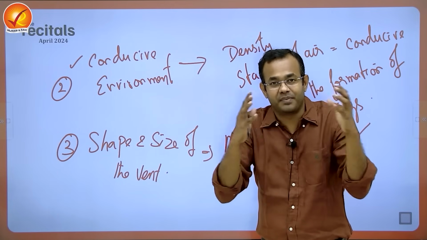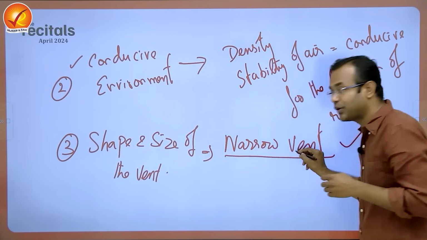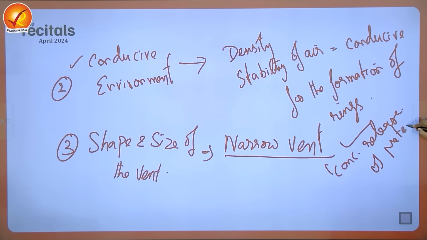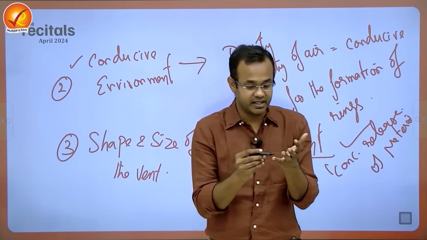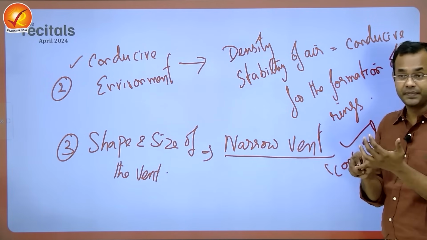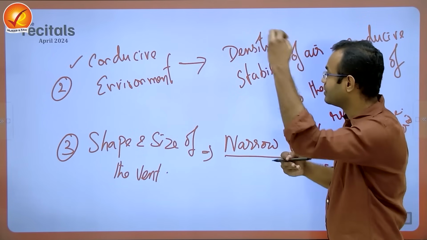If the tap opening is extremely large, the pressure is going to be less. So, a narrow vent can release an extremely concentrated release of materials which are necessary for formation of rings. So, these are three conditions. We spoke about right velocity, high amount of pressure, high velocity of the gases to be